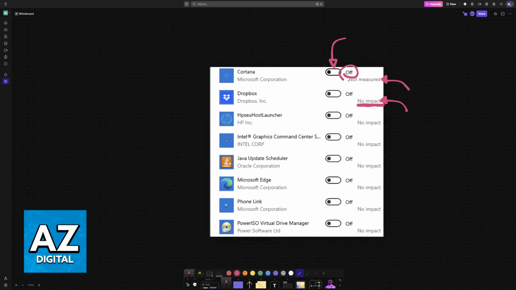If the toggle is set to off, as you might imagine, this specific application will not turn on when you power on your PC. You will have to manually choose to open it. And like I said, this can often free up system resources. So if you have a really old PC or laptop, it can help to disable a bunch of these startup applications.